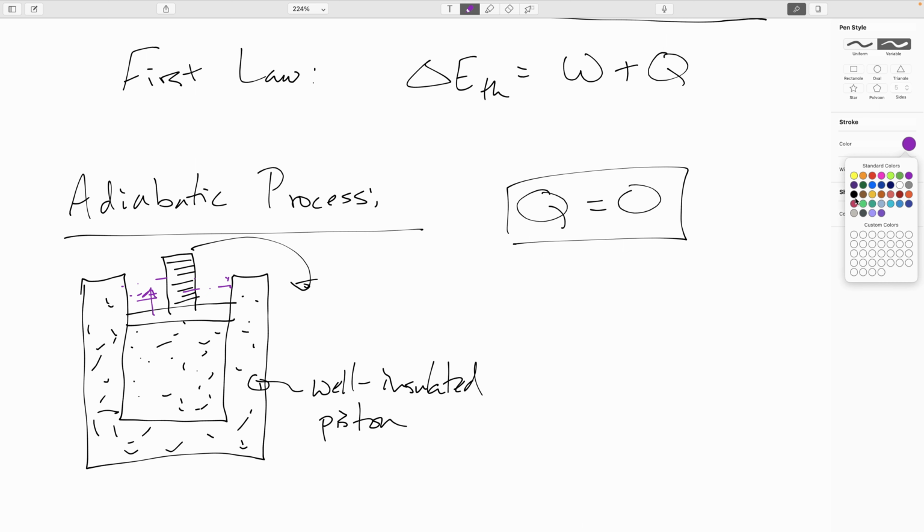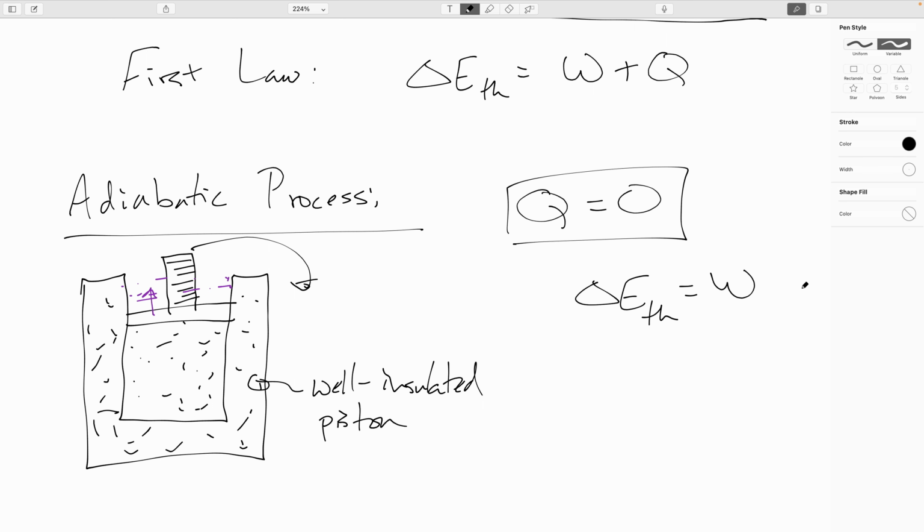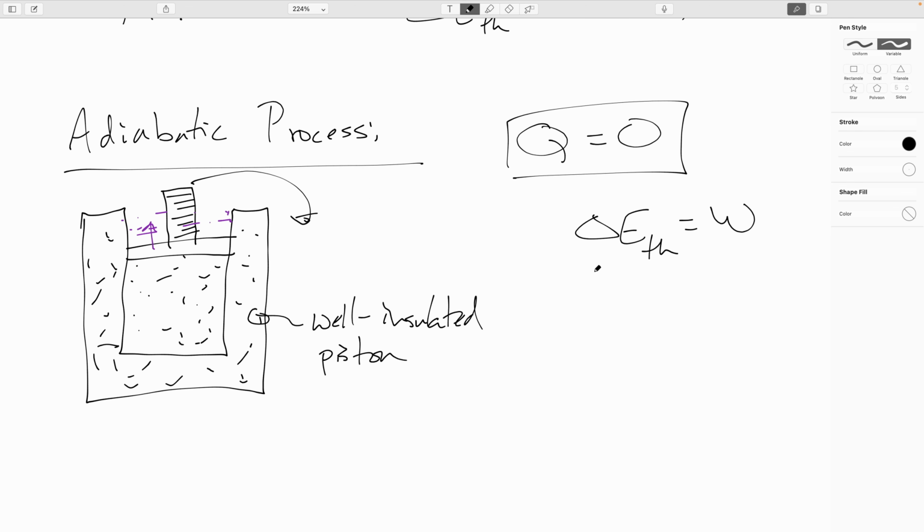But from the first law, since delta E thermal equals Q plus W, if Q is 0, then for an adiabatic process, all the work done on the gas will correspond to a change in the thermal energy. So as this expands, what we'll see is the gas cools down, the thermal energy decreases. Now, the PV diagram for such a thing